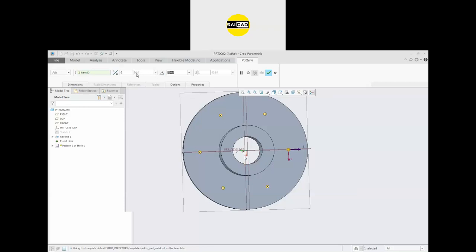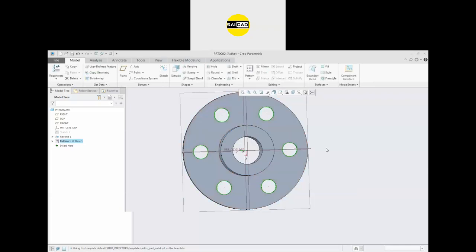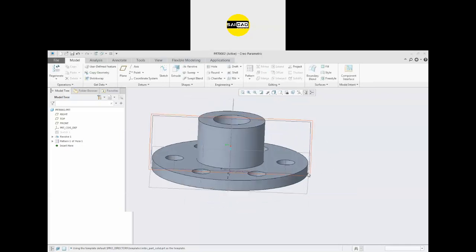Now it will divide 360 with the help of number of items and the angle will be calculated. If you just click here, you can define the between gap like that also. So just click here, go to the 360 and define the number of items and just click OK. Your object will be created.